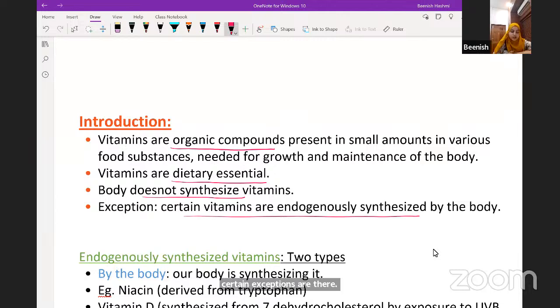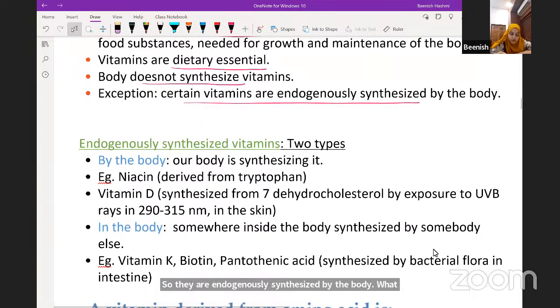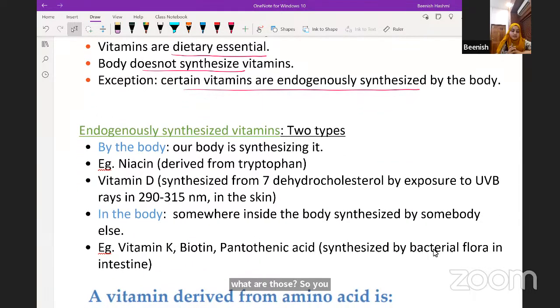There are certain vitamins that are synthesized by your body, so they are endogenously synthesized by the body. Now, what are those? You can divide them into two types. That is, those which are synthesized by the body, where your own body is synthesizing it. They include niacin, your vitamin D,